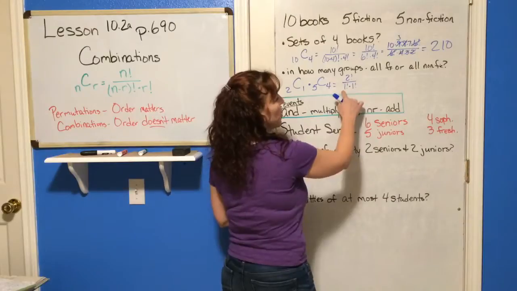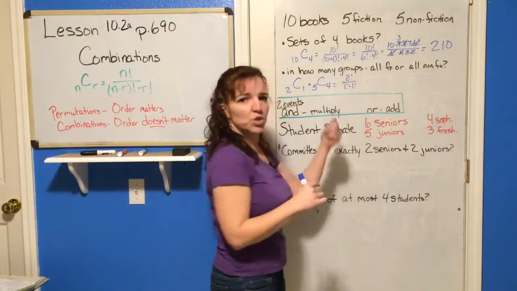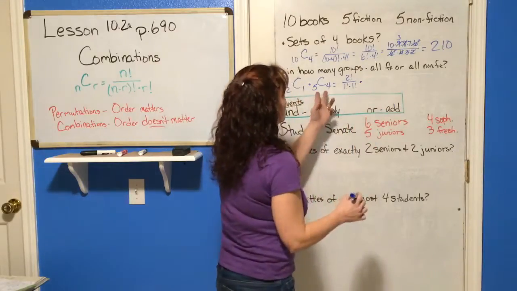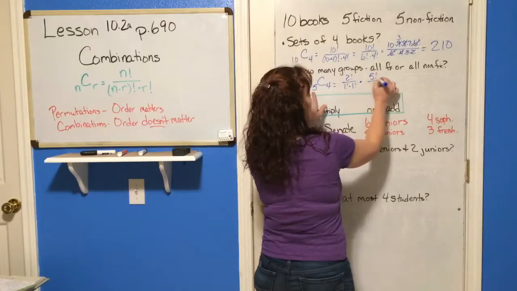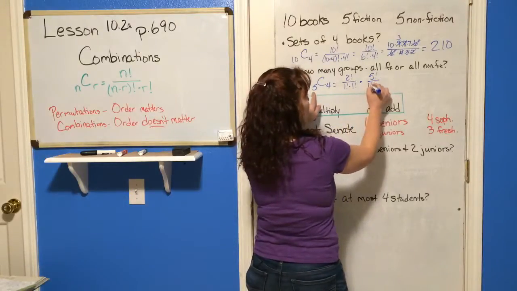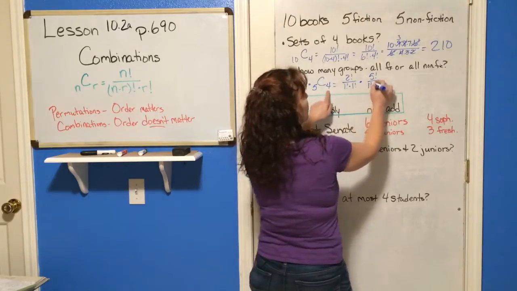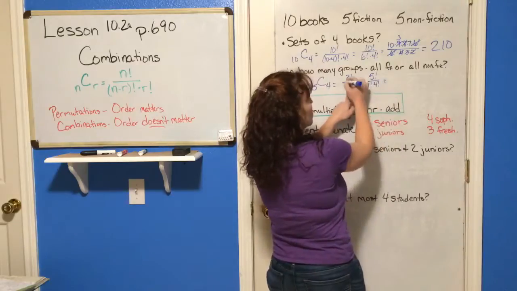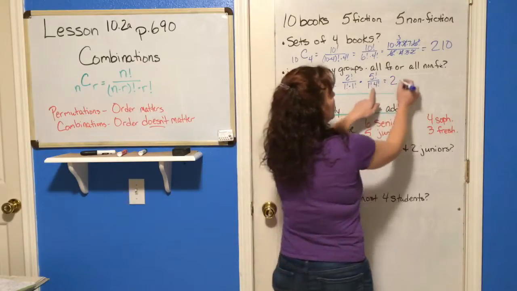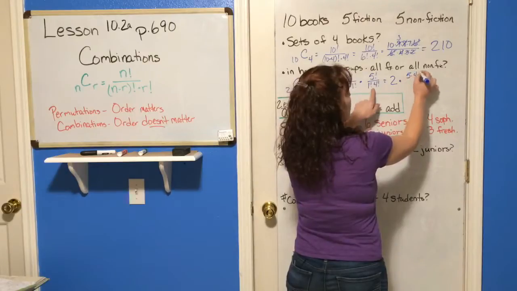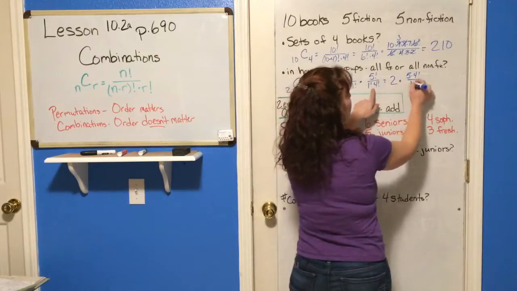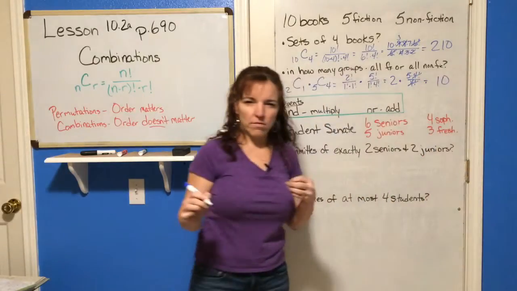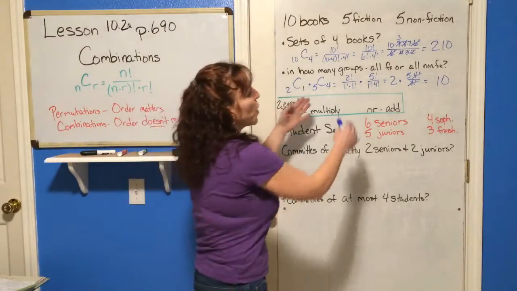So 2 factorial over 1 factorial times 1, this is just equal to 2 because 2 factorial is just 2 times 1. So all of that is equal to 2 times 5 factorial over 5 minus 4 is 1 factorial, and over 4 times 4 factorial. So now we've got all of this is just equal to 2 times 5 times 4 factorial over 1 is just 1, 4 factorial. Those cancel out, and 5 times 2 is just 10. See where the numbers came from? So this part is simply just